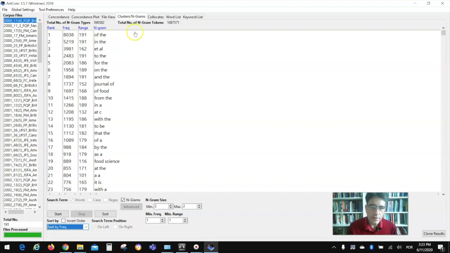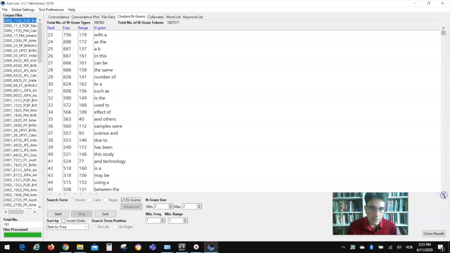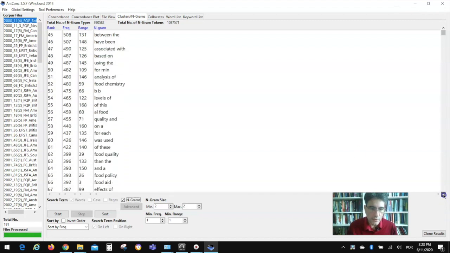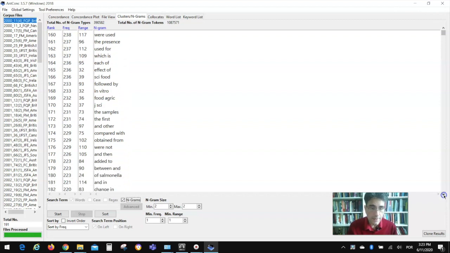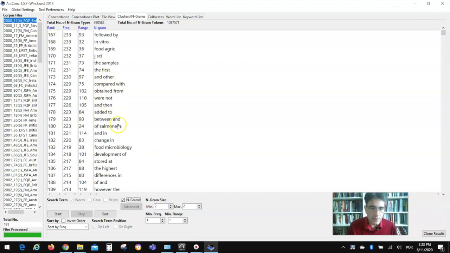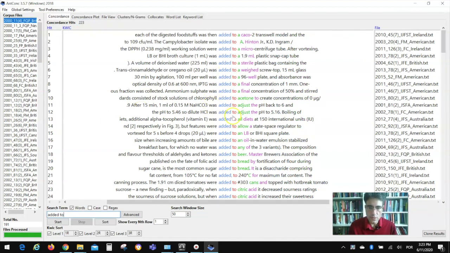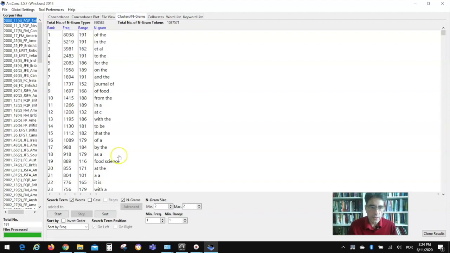And just like with the word list, you find that there are a lot of words at the top that may not be that interesting, but if you keep going down, you see that you get more and more specialized. So you see food science and based on food chemistry, food quality, and if you just keep going down, you get more and more specific terminology that might be useful. And at any point, if you want to click and see more information on how, for example, added to is used,